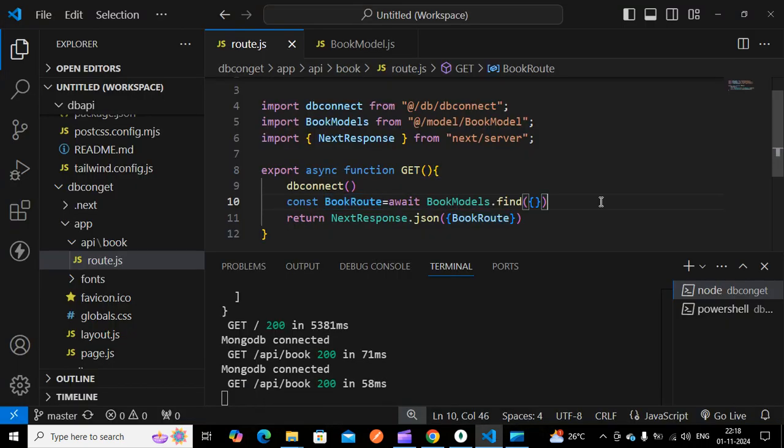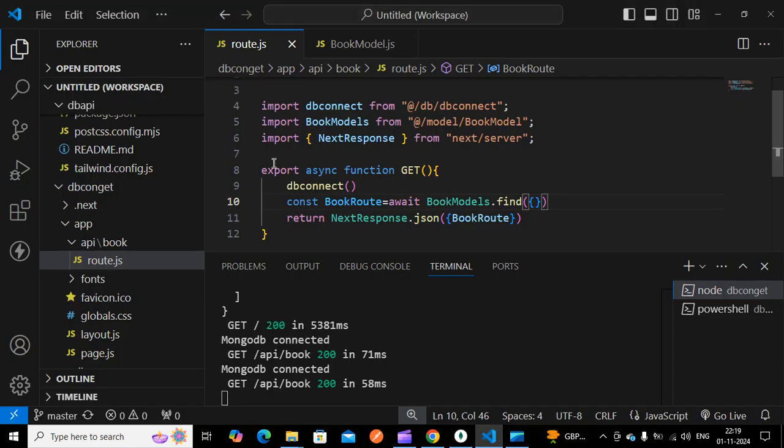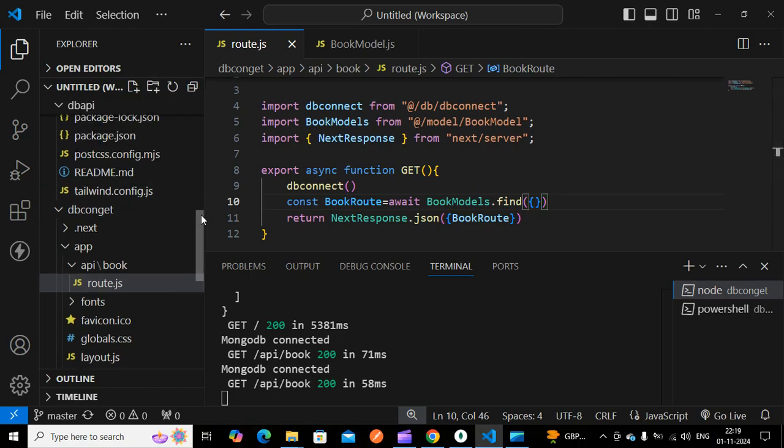In this tutorial we're going to see how we can fetch a single item from the database. In the previous tutorial we had seen how to fetch all the items from the database. Here, if I want to get this particular item from the database, so for that, here in the API slash